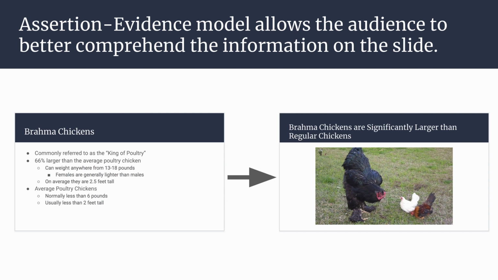So if you look here on this slide, on our left we have an example of your traditional PowerPoint slide, and on the right we have the Assertion-Evidence model. Now you can see the big difference is the Assertion-Evidence slide is a lot simpler. You have your claim or your assertion at the top of the slide, and then a picture or your evidence at the bottom. Your traditional slide is a lot of text, a lot of information, and as an audience member,